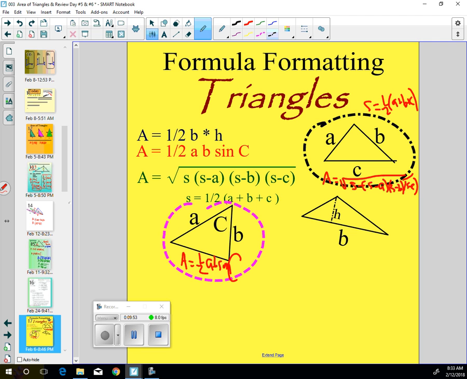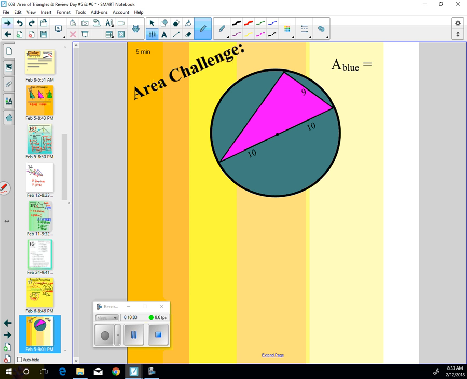Okay, and then this last one, of course, is just going to be half the base times the height. Those are the three that you need to know. You need to recognize when you're going to use each one. I have one little challenge. I'm going to see what you can do with this. You have a diameter, goes through the center, 10, 10, and this length is 9. We want to find the area of the